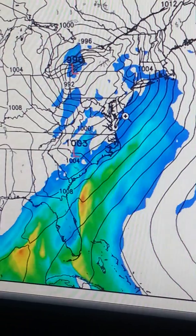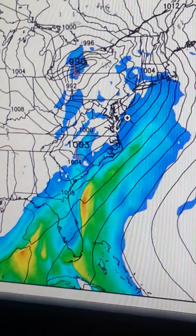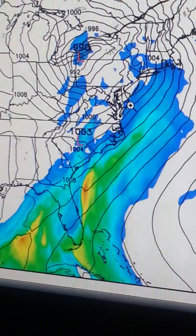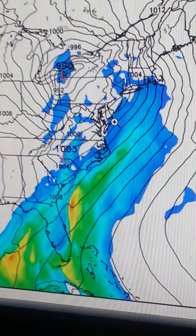And again, it's mainly going to be across the south, the Carolinas, Georgia, and Florida. Alright, so that would be your severe weather threat for tomorrow, which is tomorrow night. Now,